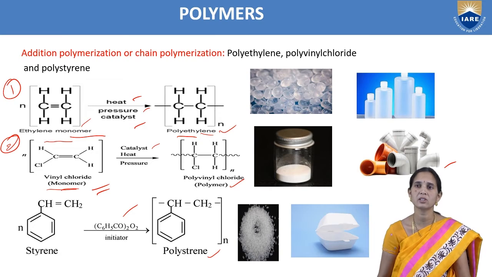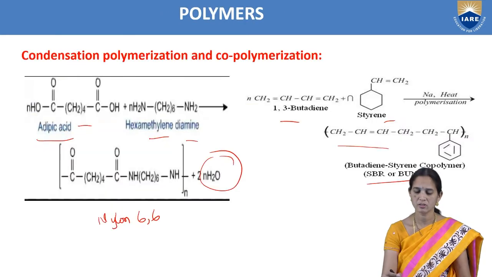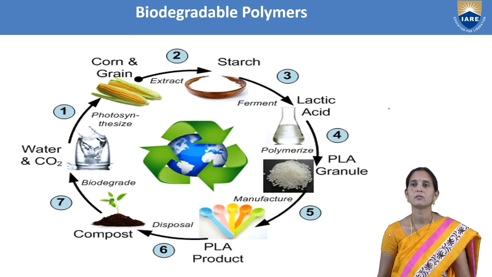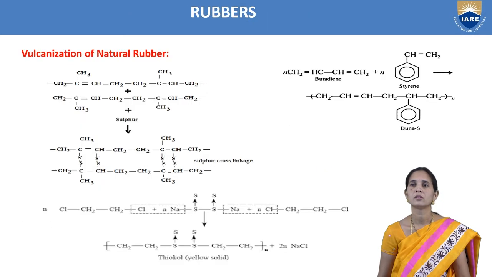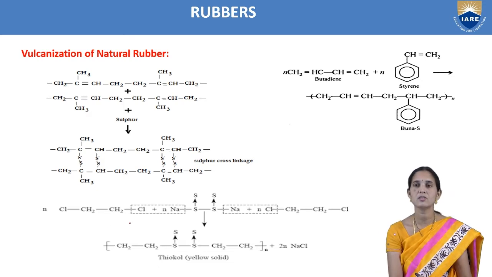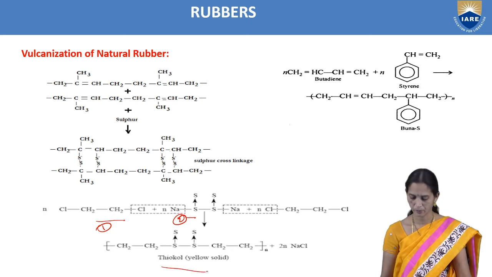Structures we have to write, not the names. We have to write the structures. In this way, monomers we have to write. Okay. So here, these are the structures we have to write. Monomers, ethylene dichloride and sodium polysulfide. So these two are monomers we are using in the preparation of the thiol rubber.